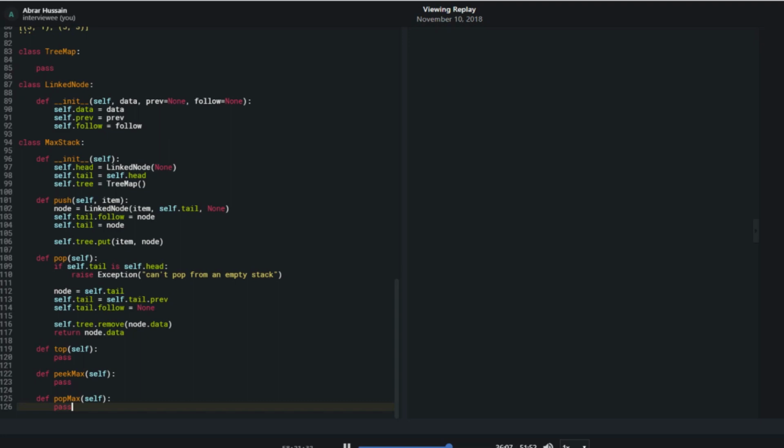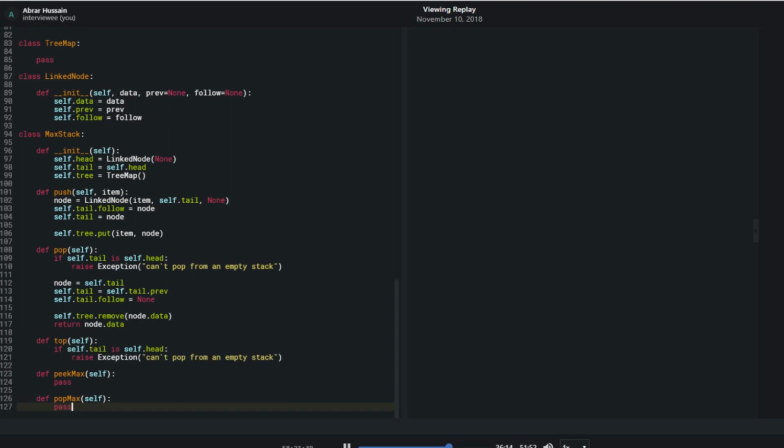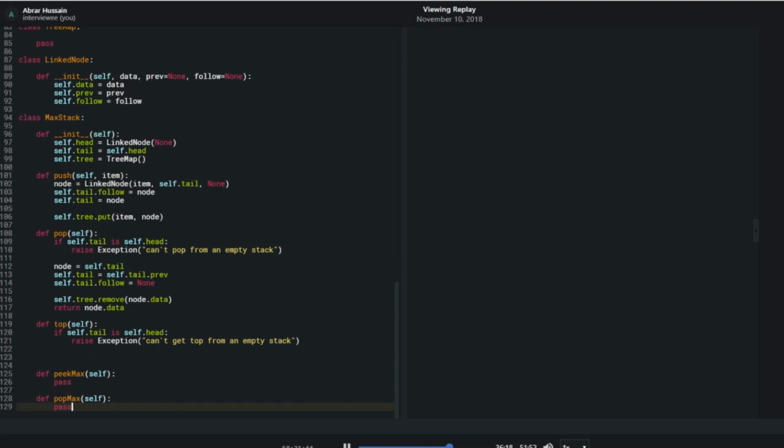Yeah, sure. So top, I have the same exception. Can't get top from an empty stack. And basically what I want to do is return self.tail.data. And peekMax, let's say I just get max on my tree, right? It's kind of cheating, but it allows that particular operation. So in that case, I want to